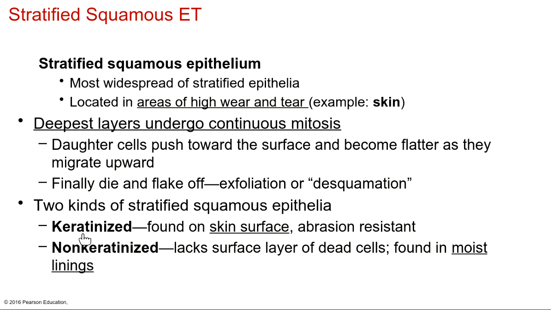Maybe you remember from chapter 2, I believe it was, when we talked about proteins and the different classes of protein. You have fibrous proteins and globular proteins. An example of a fibrous protein is keratin. Keratin plays strictly a structural role. It gives toughness to this tissue. You're going to find there's only one place in the body where you find this, and that is the surface of the skin. So specifically, when you talk about what kind of epithelial tissue makes up the epidermis,